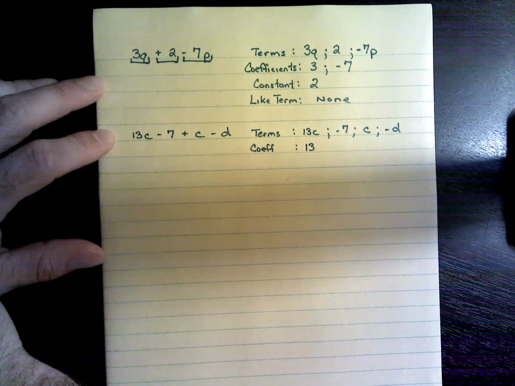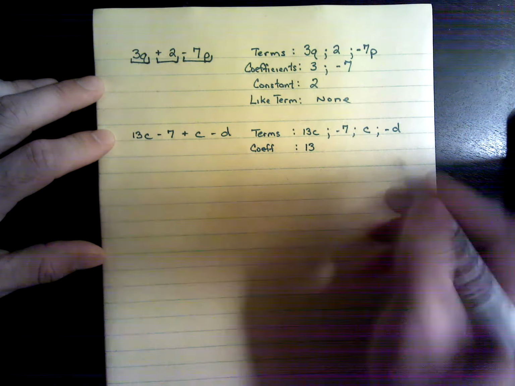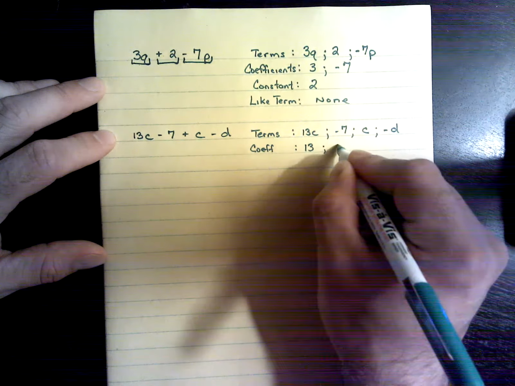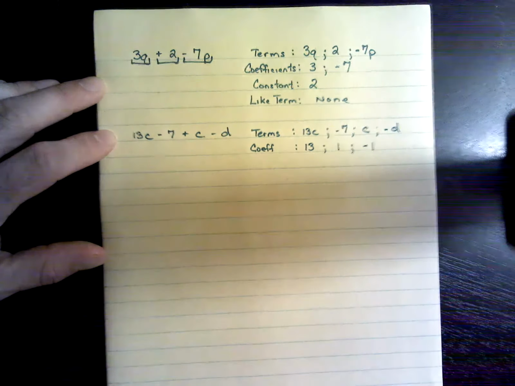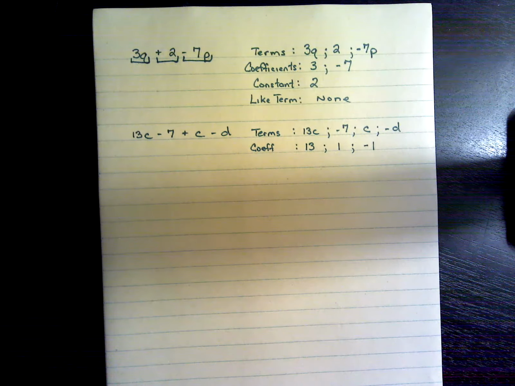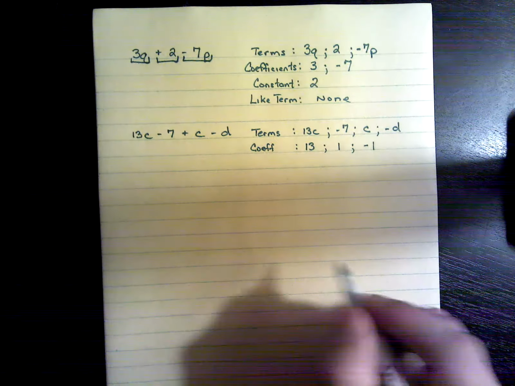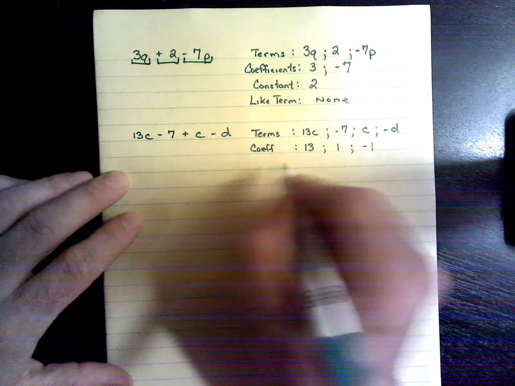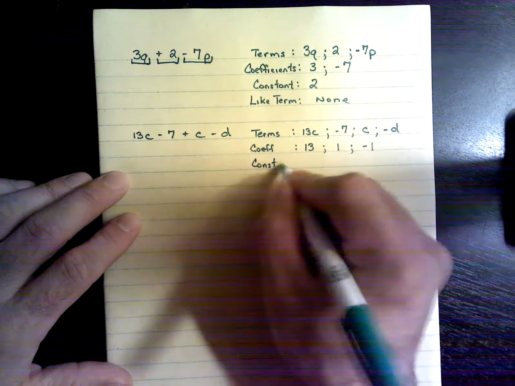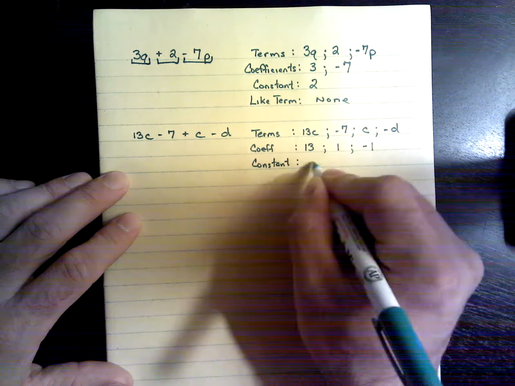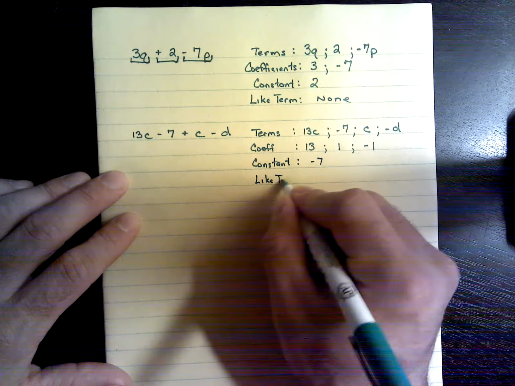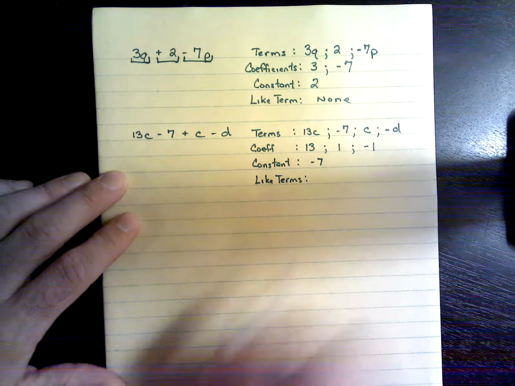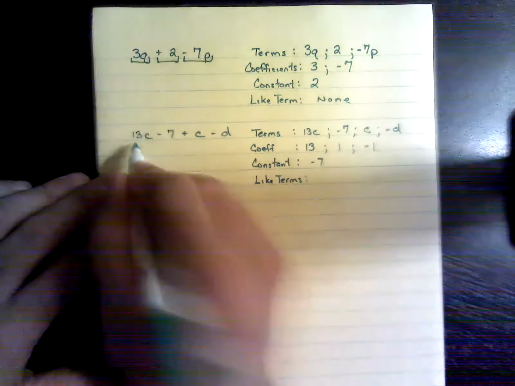Now, what about in front of this c? Is there a coefficient? You guessed it. There's a coefficient there of a 1. And in front of the d, we could say it has a coefficient of a negative 1. Okay, now they're not visible. We don't usually write those because mathematicians are normally lazy, but they are still there. All right, there is a constant. And the constant in this example would be the negative 7. And let's talk about like terms. Are there any like terms? That's right, 13c